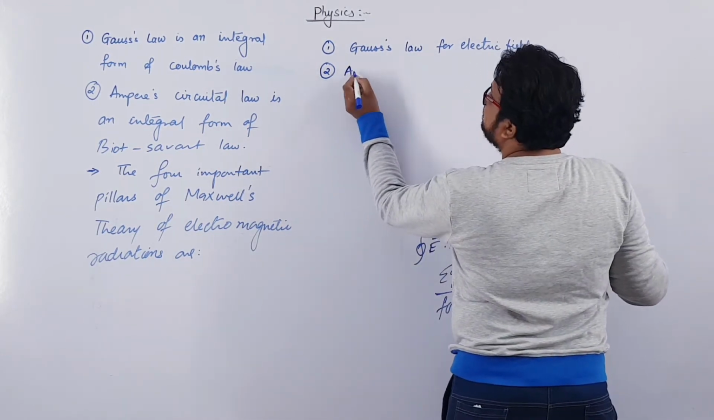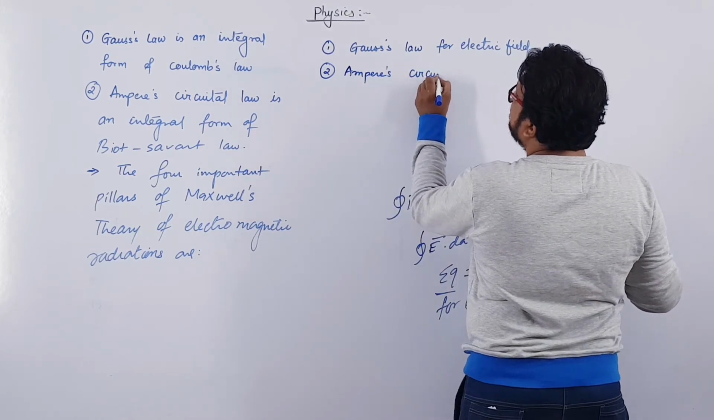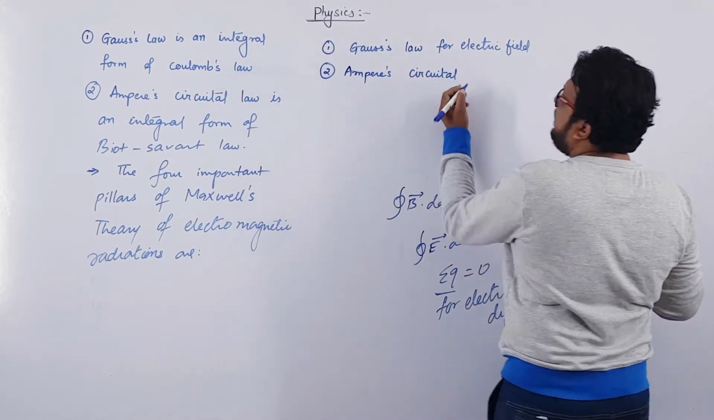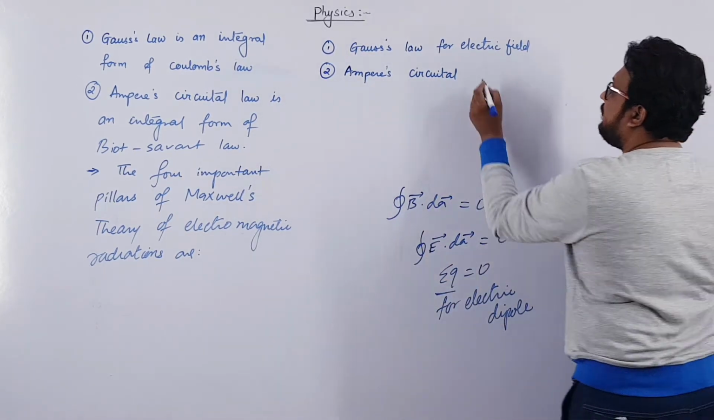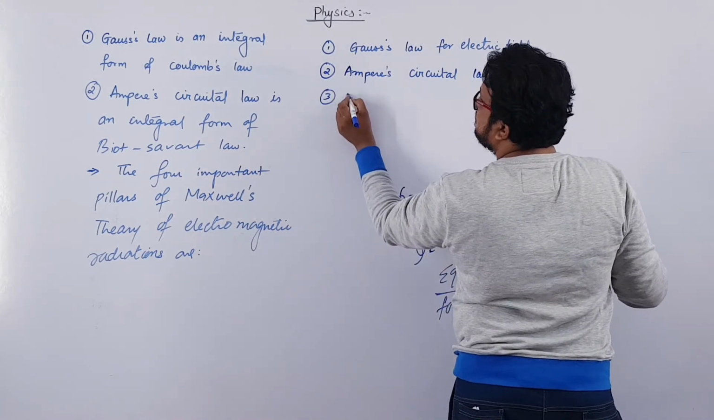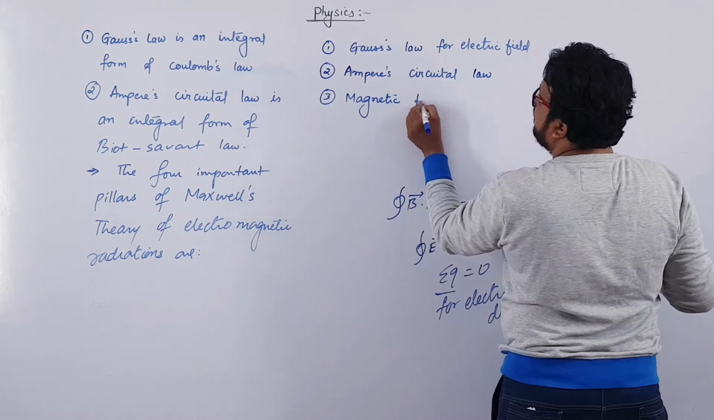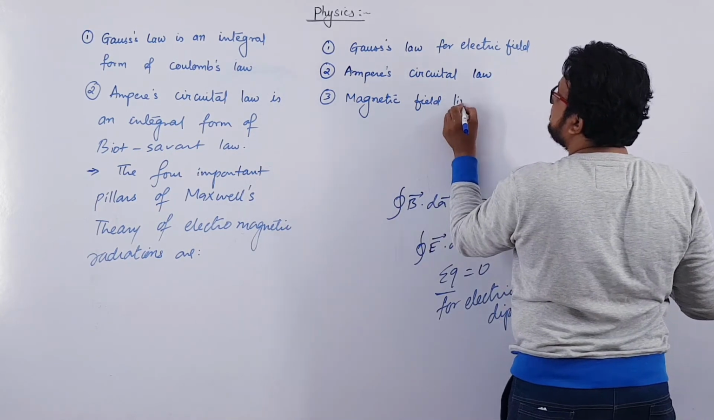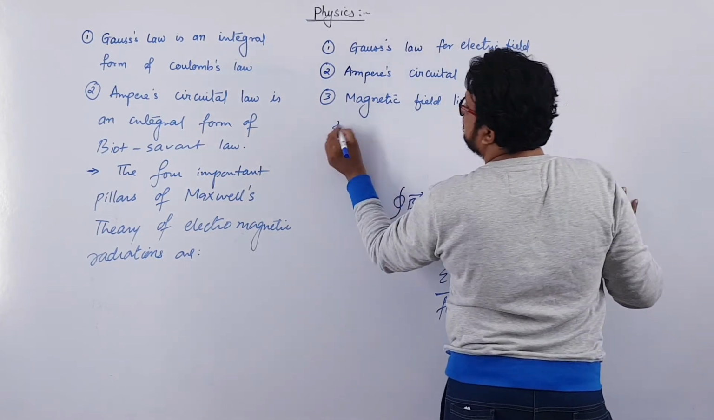Second one is Ampere's circuital law for magnetic field. You can write it; if you do not write it, also Ampere has given circuital law only for magnetic field. Third point was magnetic field lines always